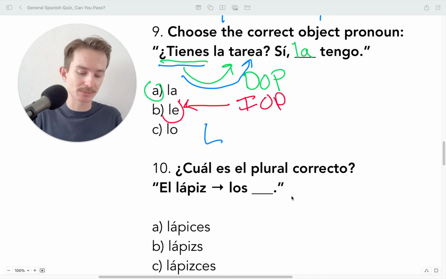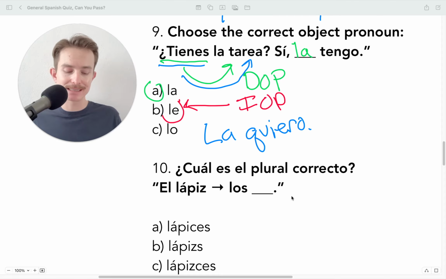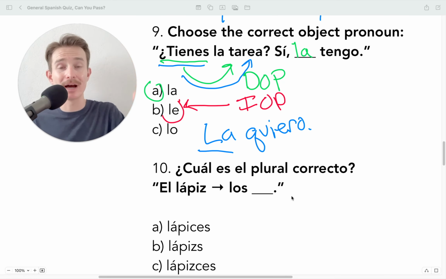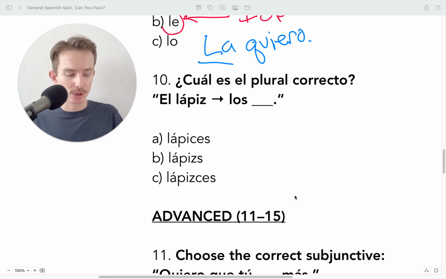Now, a situation when I could say something and use a direct object pronoun to refer to a person is in a case like la quiero, meaning I love her. La is representing, let's say, mi novia, for example. Yo quiero a mi novia. In this case, the verb querer is directly affecting the noun of novia, and therefore she becomes the direct object pronoun. Now that is kind of the 1 out of 10 times when it will be used. But if you're not sure, use la and lo and los and las for objects, and use le and les for people. Okay, número 10.